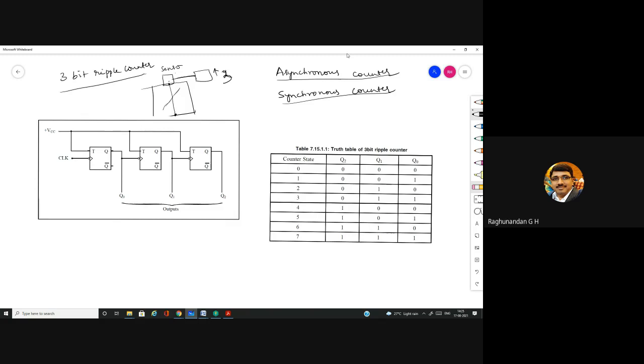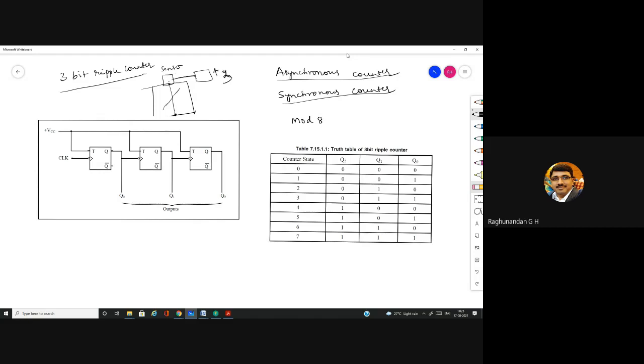Synchronous counters change the output whenever a particular clock pulse is given. So in general, synchronous counters are dependent upon the clock, and asynchronous counters are not dependent upon the clock. That is the difference between asynchronous and synchronous counters. Here we are studying the 3-bit ripple counter. This can also be asked as